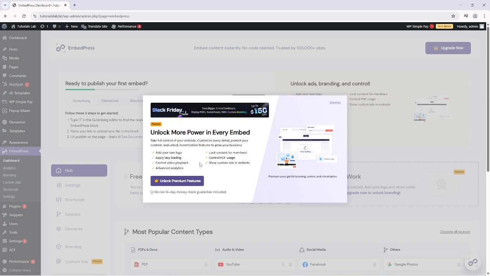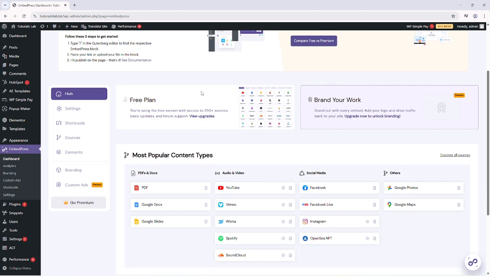your pages and posts. And that's it. You've successfully installed and activated EmbedPress PDF in your WordPress Elementor site. You can now start embedding PDF documents into your pages to enhance your content and provide better resources for your